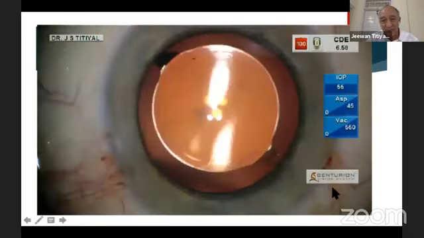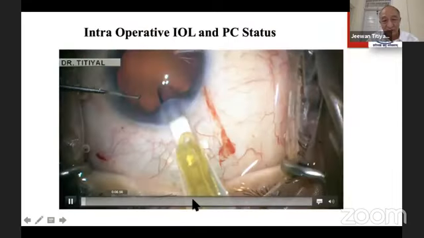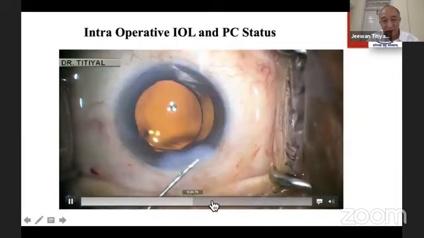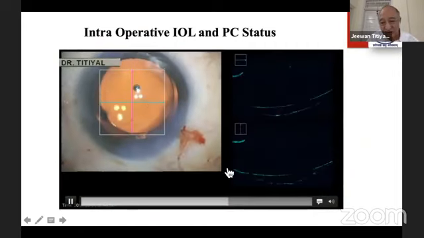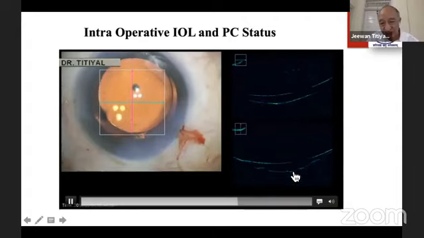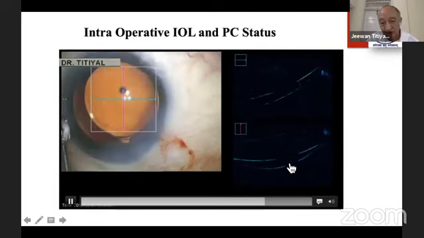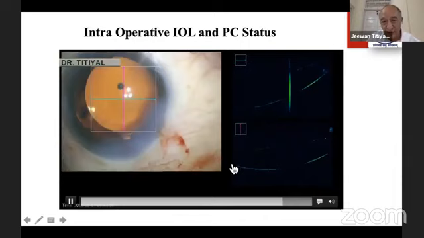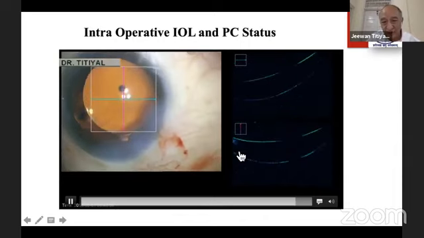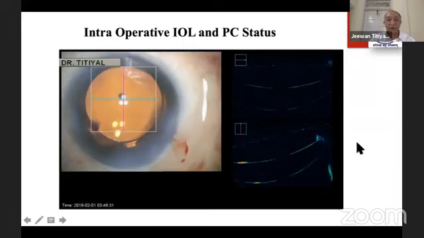This is towards the end. Just to show you what relationship it will have towards the end with the capsule, I've completed and am just looking into the capsule and the posterior surface of the IOL here. This is the posterior surface of the IOL. This is the capsule here, which is a little wavy because the capsule will be a little loose after we remove the entire bulk of the nucleus. And as soon as we hydrate, the capsule goes backwards. See, this capsule is absolutely clean and well taut. So this is the configuration we like to see for most cases.